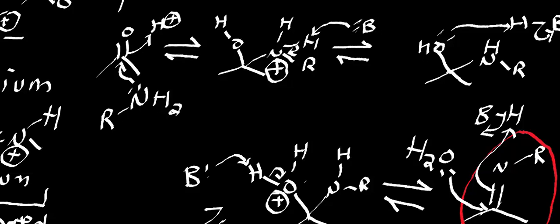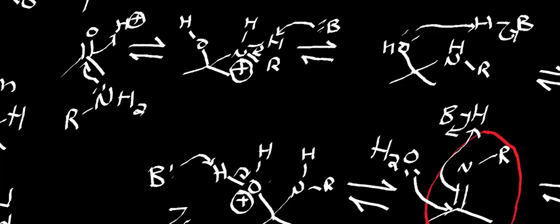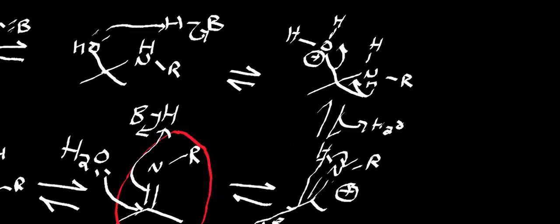So the amine does a nucleophilic attack, right? And what we're basically doing here, if you think about it, is switching the positive charge from the nitrogen to the oxygen, right? So in that respect, how many proton transfers are we going to have? We're going to have 2 proton transfers, right? One of them removes the proton from the nitrogen, and then it adds that same proton back onto the oxygen,